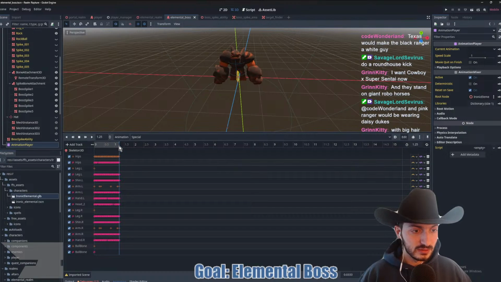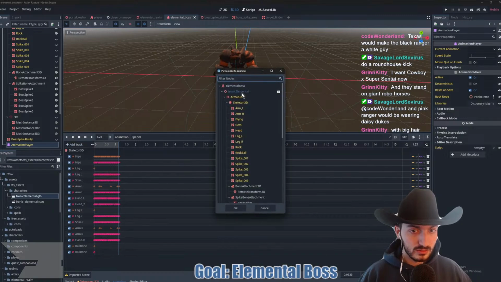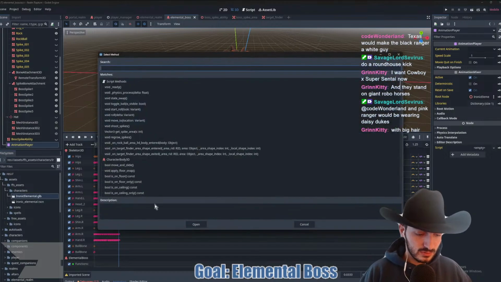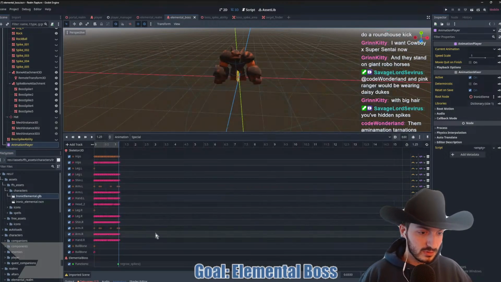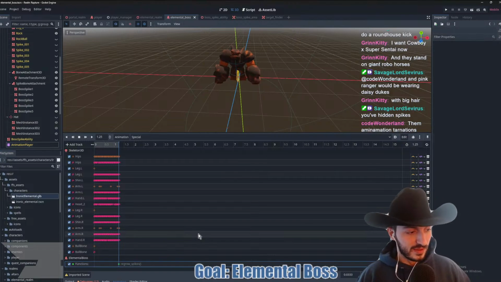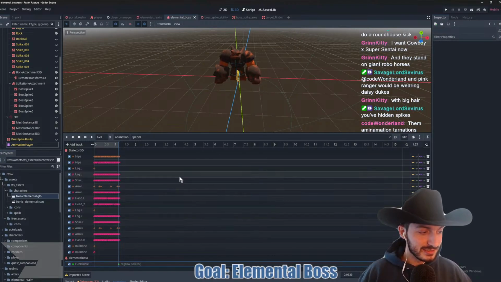Oh, I won't be able to see it, but I reckon it's this one. Add track. Method call. That's so strange. They didn't save. Them animation tarnations, indeed.